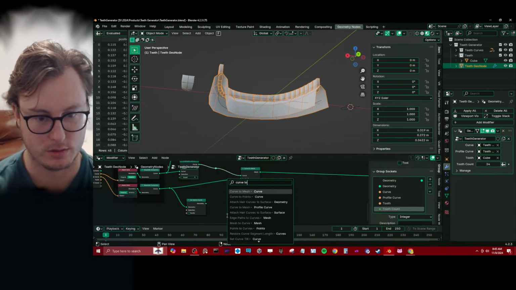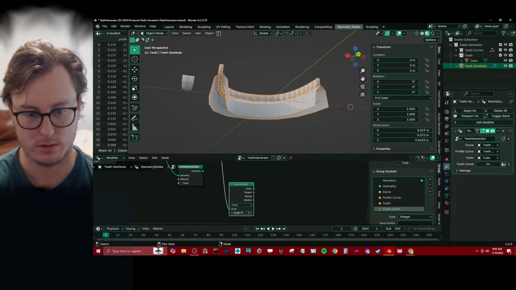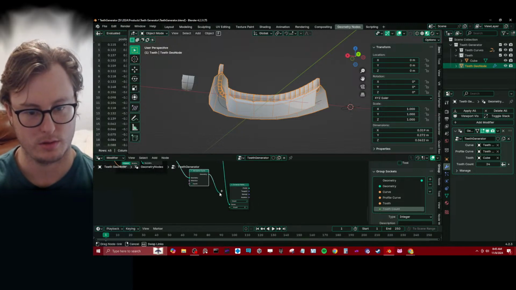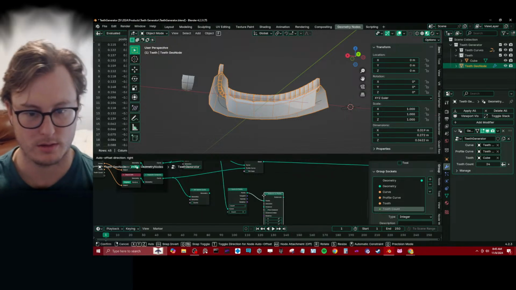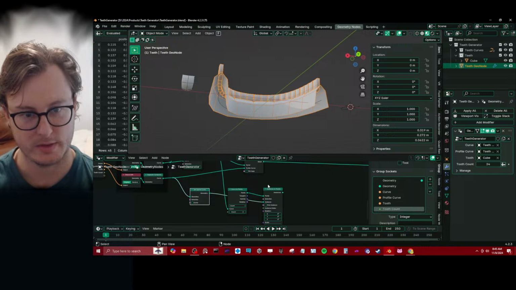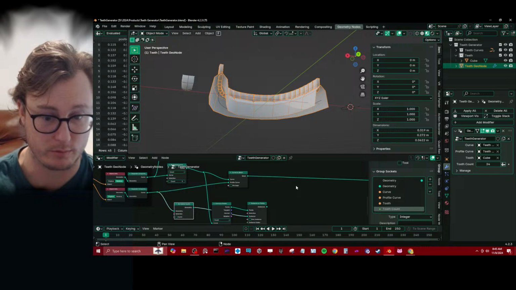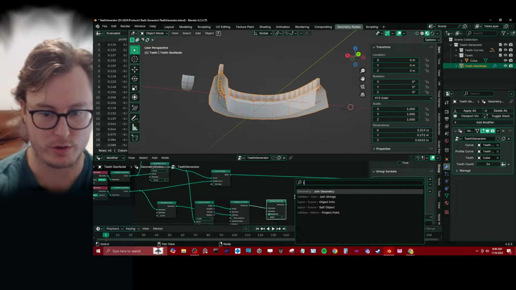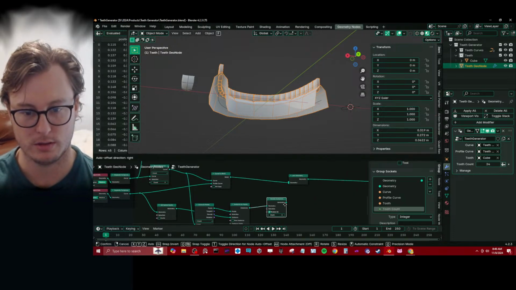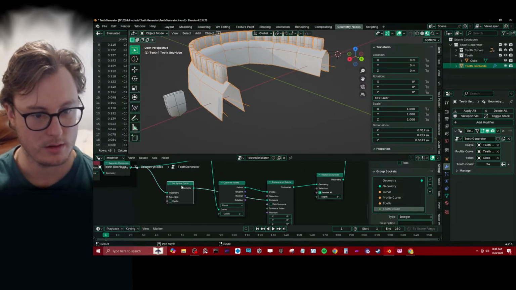Curve to points. We just want 2. And then we want to instance on points this guy. And then we'll realize them. Join the geometry right here. Yeah, so we can see we've added them now, but we do want to